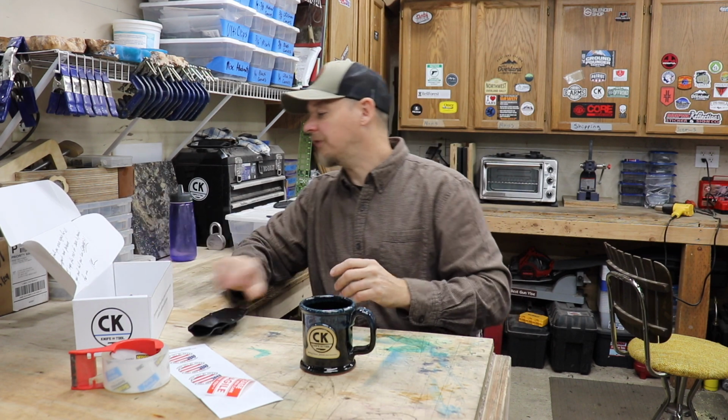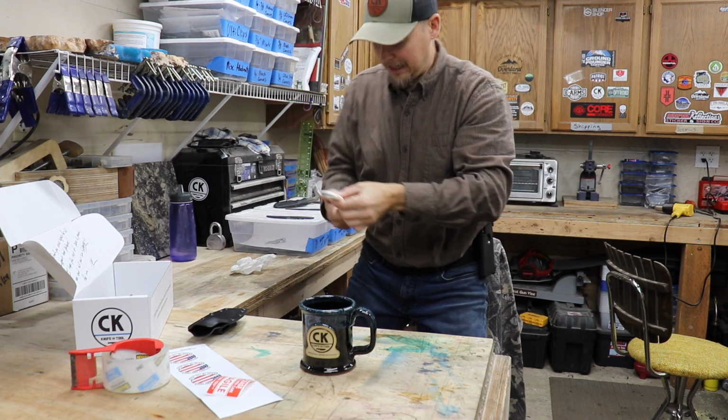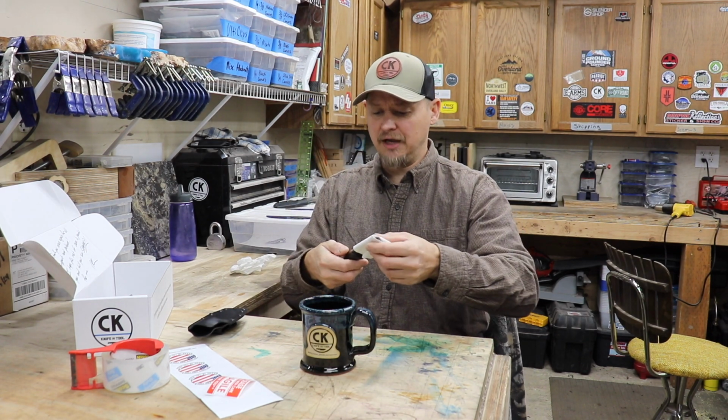So with that out of the way, Mark picked out 2 knives. Mark's got 2 knives here. The first knife is missing because, oh, it's up here. Ha! Okay, I have it up there on the shelf because Mark's first knife here is Madagascar ebony, or a